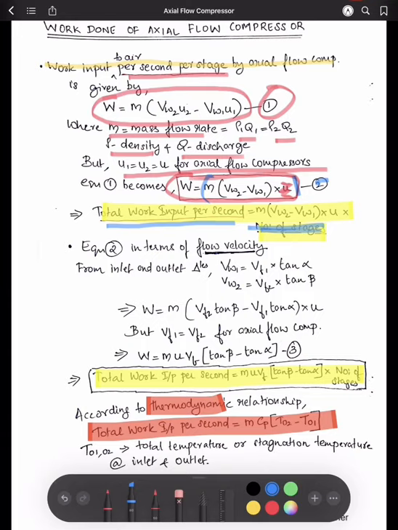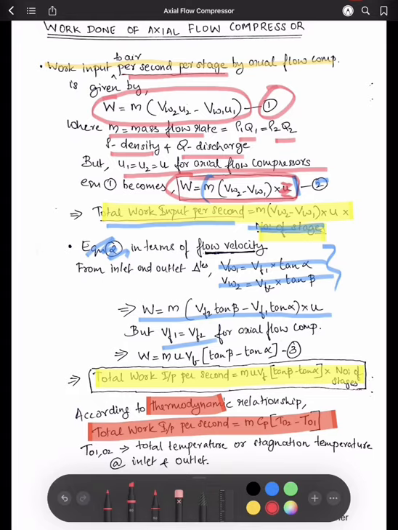Now I'm going to write the equation 2 in terms of flow velocity. So from the inlet and outlet triangles we can write VW1 is equal to VF1 tan alpha, VW2 is equal to VF2 tan beta. So I'm going to substitute these two in equation 2. We'll get this as the equation. But for axial flow compressors we know that VF1 is equal to VF2. So finally